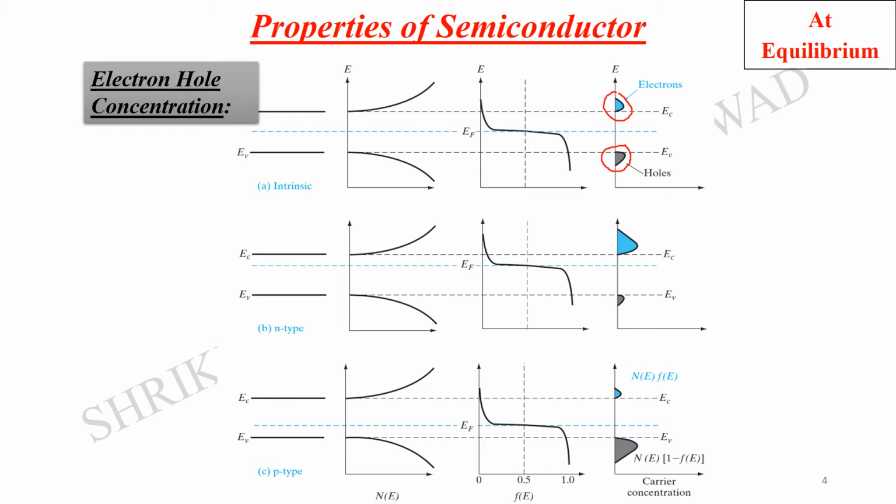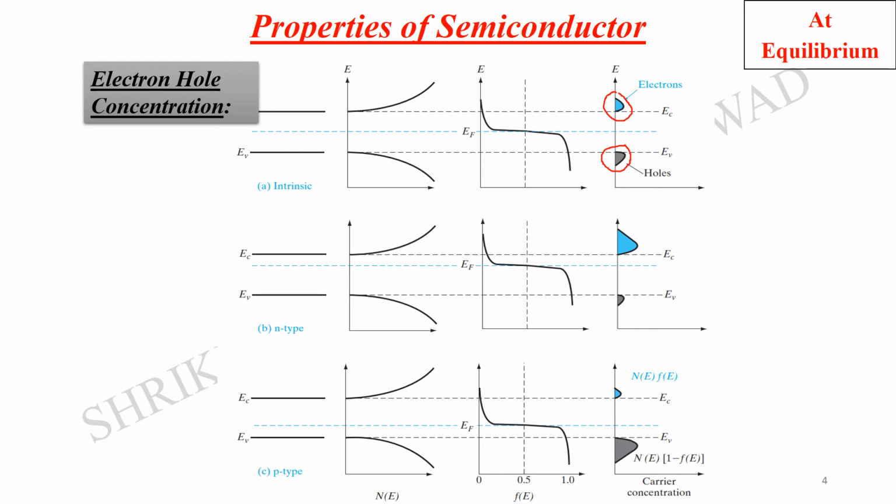Similarly, in case of the n type, a large number of electrons are there. The Fermi level has been lifted up, which is near to the conduction band, and obviously the density is the same as this, but the Fermi energy level has been lifted up. There is a probability distribution function that is more in the conduction band and smaller below, in the valence band over here.